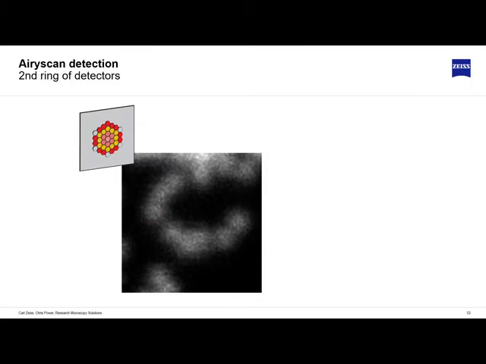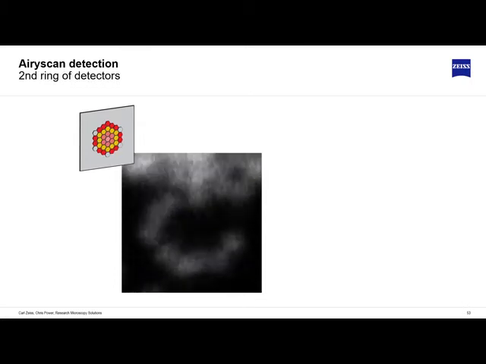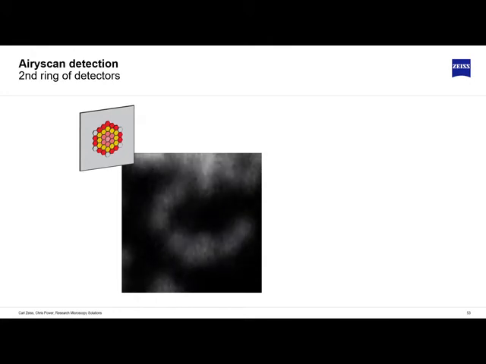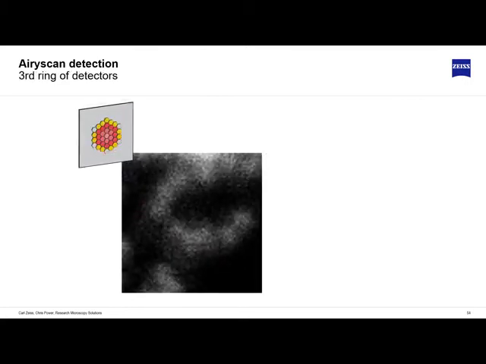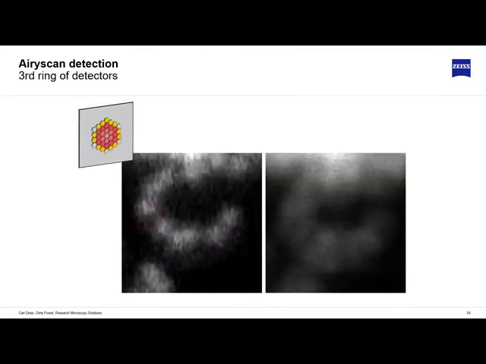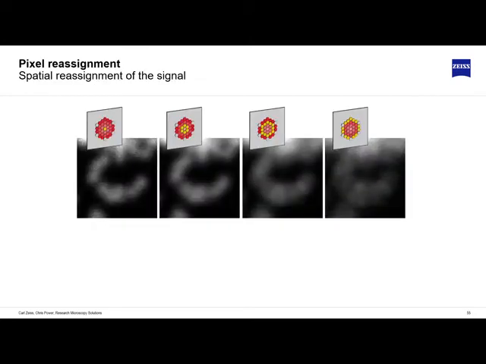If you do that for the next ring out, you get a more pronounced movement because the digital elements are more offset. You would get the image on the right, a bit more blurry. And if you do that in the extreme for the outer edge, you would get an even blurrier image. So in summary here, basically, as you open up the digital pinhole, your image gets progressively blurrier because it has